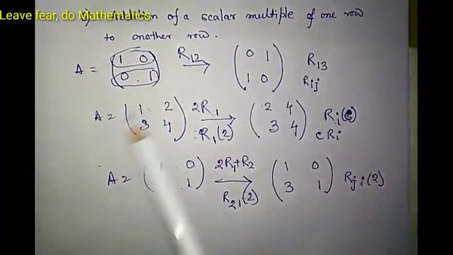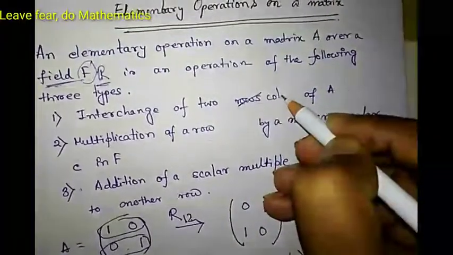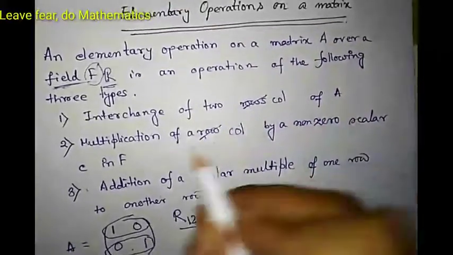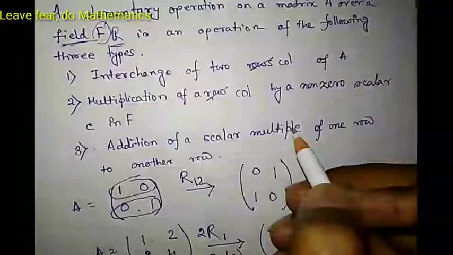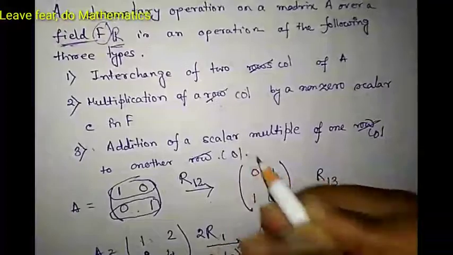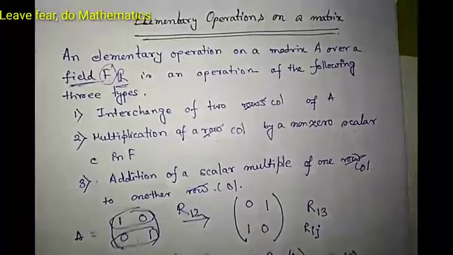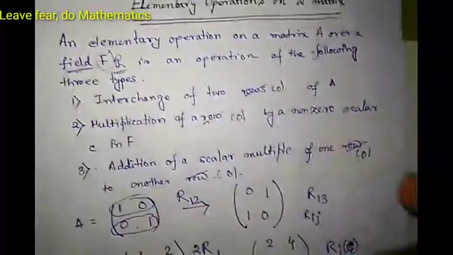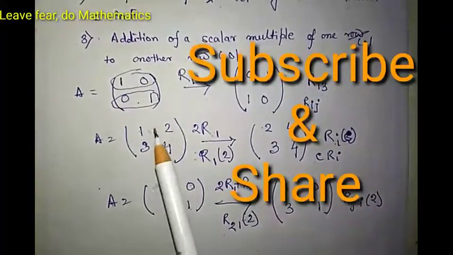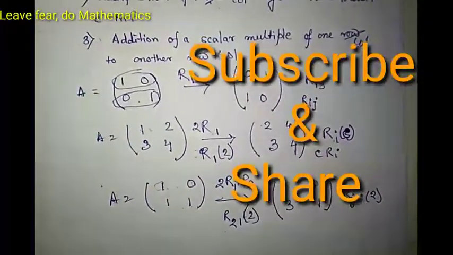Look here, we have used only rows. Similarly, this can be formulated for columns. If instead of row we write column, it will be elementary column operations: interchange of two columns, multiplication of one column by a non-zero scalar c, and addition of a scalar multiple of one column to another column. So elementary row operations and elementary column operations both are covered. Here we have given all the examples with 2 by 2 matrices to understand better, but the operations will be similar for 3 by 3 or 4 by 4 cases. It does not matter.